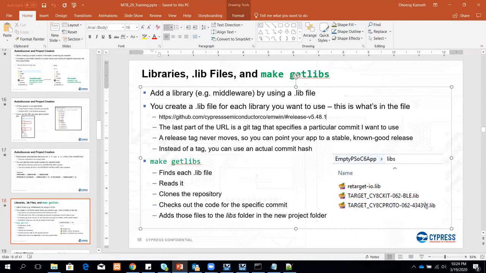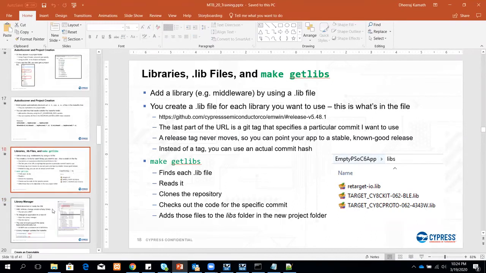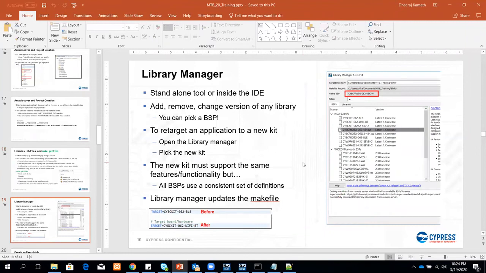How do I get this particular .lib, or how do I add something here, right? To make all this easier, we have something called the library manager. The way it helps is you can choose multiple BSPs. It's not like since you have chosen one BSP at the beginning of the project, you need to stick to that. Nothing like that.